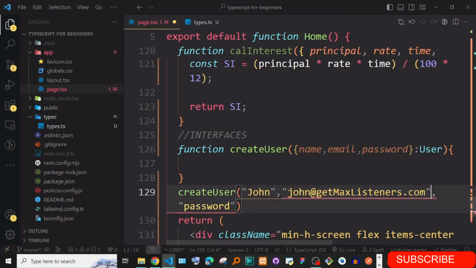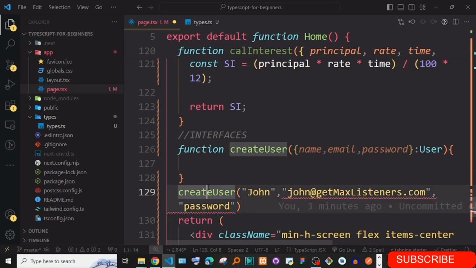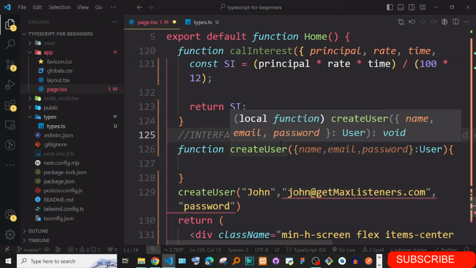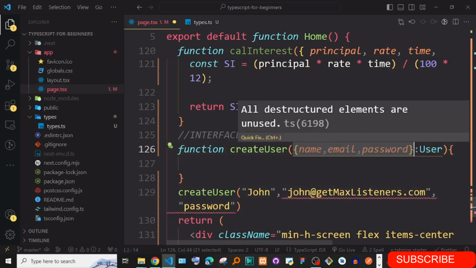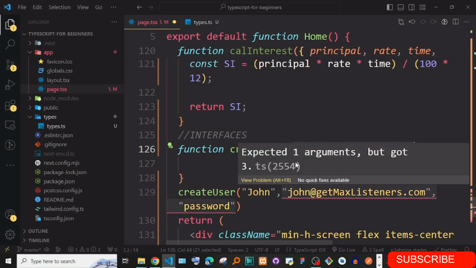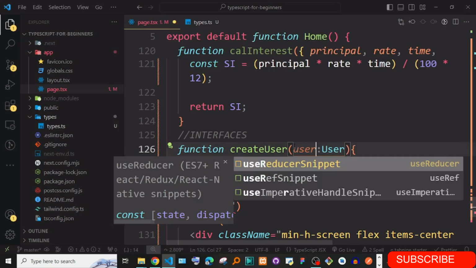You can see the error in createUser: expected 1 argument but got 3. So it's supposed to be of type user, so let me put user here.